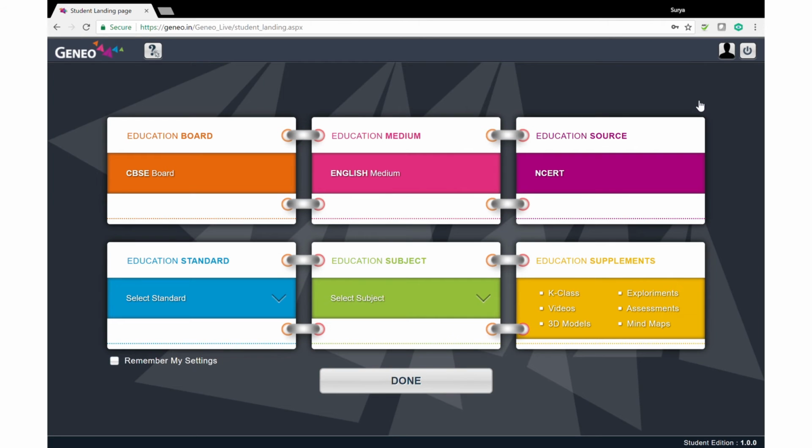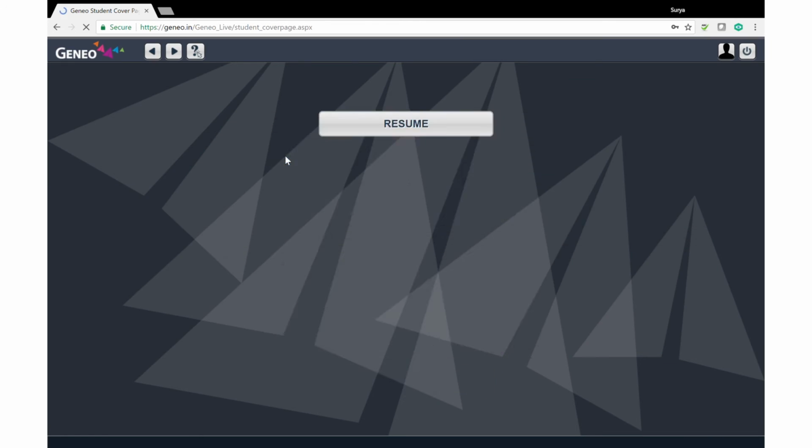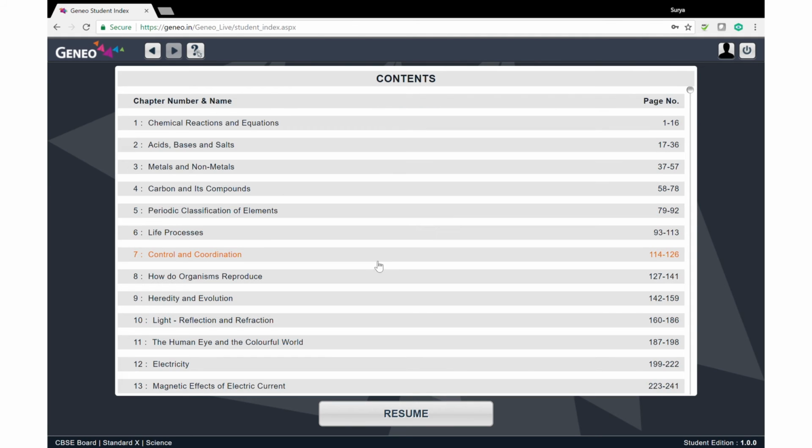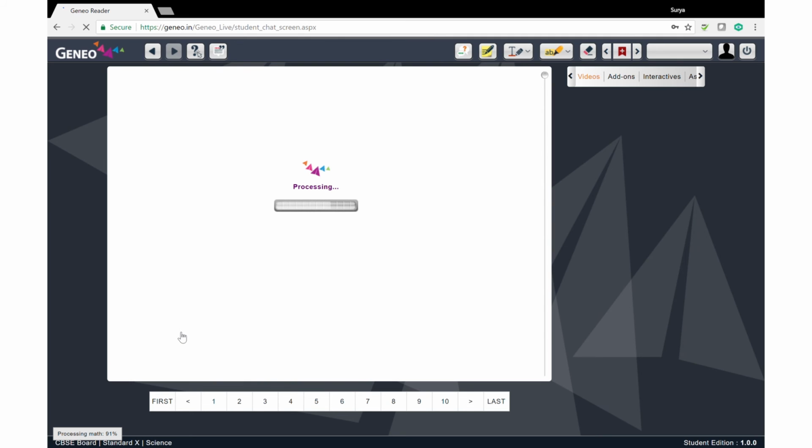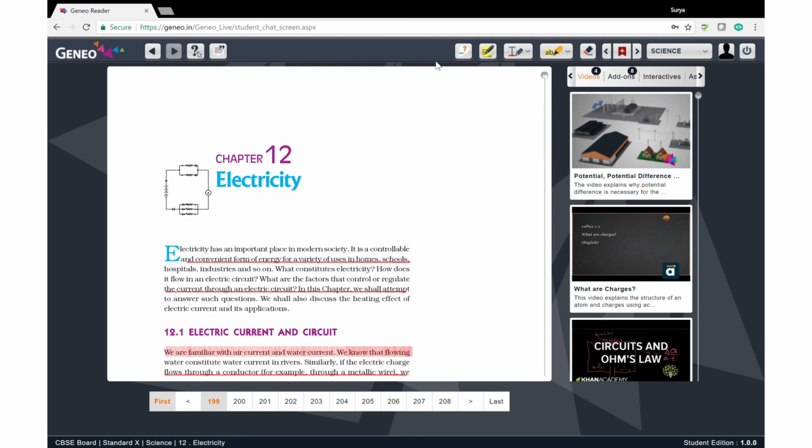Let's go back into the Geneo environment. And since I have not selected remember my settings, I'll have to do that again. But this time I will select 10 Standard Science so that it goes directly into my textbook. And we will be in the chapter of electricity. So mentor support will follow soon when I have the ability to have a mentor that I can converse with. But hopefully this video has been